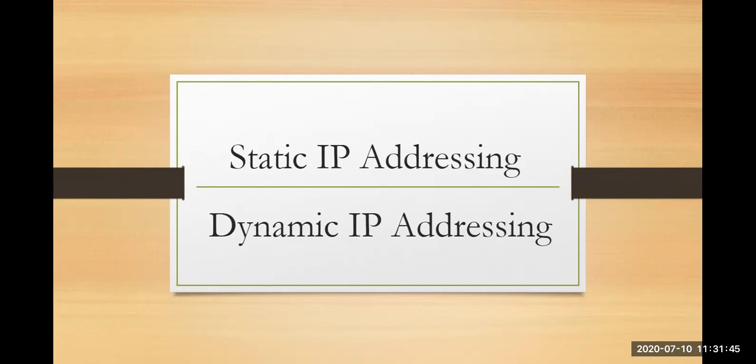However, when you don't want end-to-end communication, when you are communicating with anonymous devices over the internet, you are just exchanging information over the internet. In that case, if you don't want your actual IP to be seen, you will go for dynamic IP. Dynamic IP is basically used when you are connecting your computers with large networks, or anonymous devices over the internet, and you are sharing some information. You don't want them to know your actual IP address. So every time you connect with the computer, they will show a different IP address. Okay, so that is your static IP addressing and dynamic IP addressing.